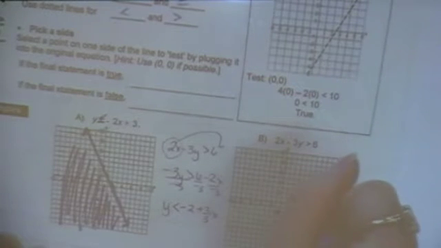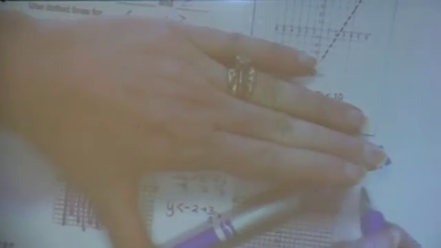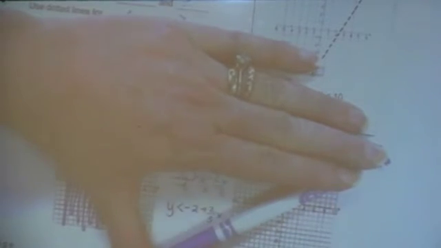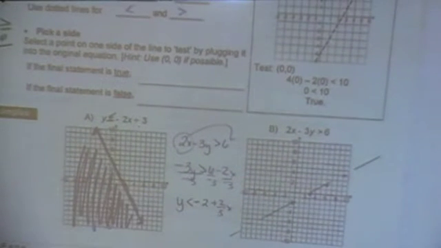Okay, so -2. I'm going up 2 over 3. Is this going to have a solid or a dotted line? Dotted. And again, it wasn't originally a less than sign. It started out as a greater than sign, but because we had to flip it, it is now a less than sign. Less than looks like an L, which means I have to